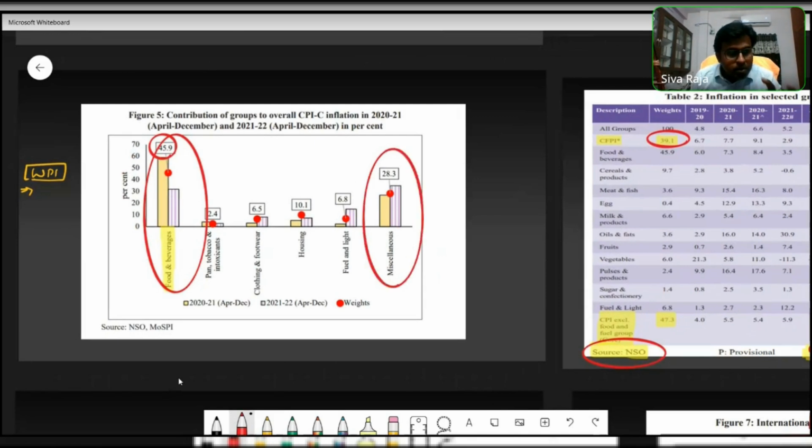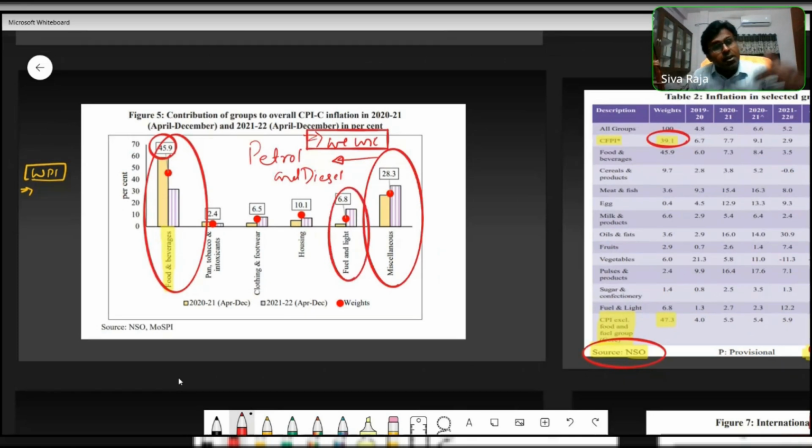What is this? This miscellaneous component contains petrol and diesel, the petrol and diesel that we use for driving every day, right? We use it for that, which is in fuel and light